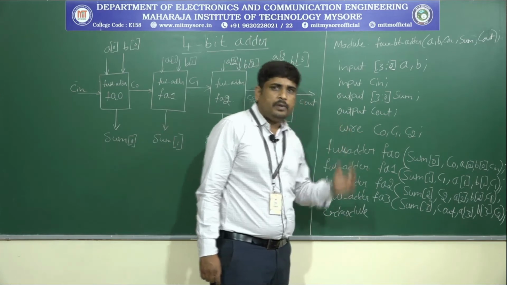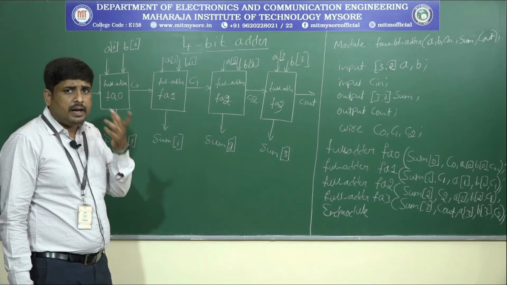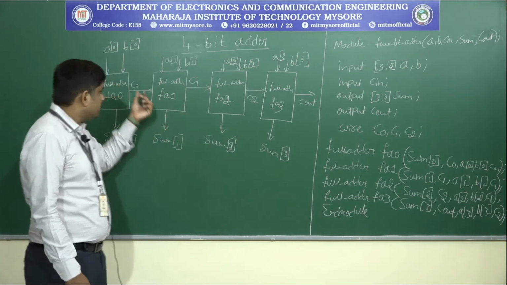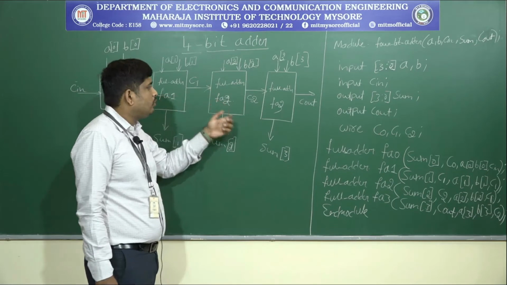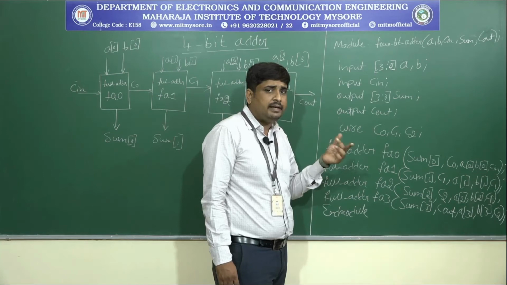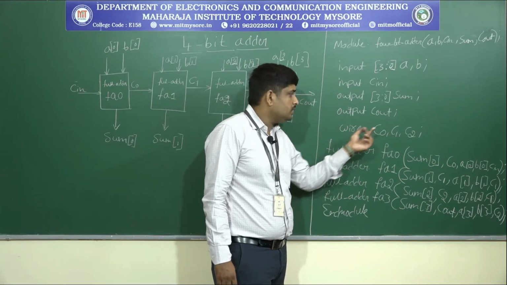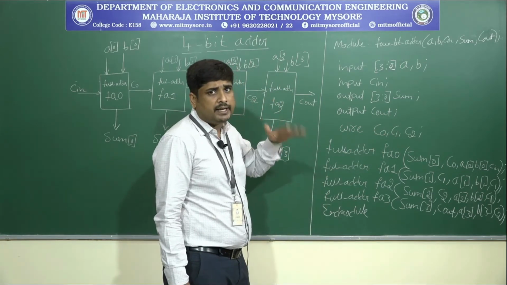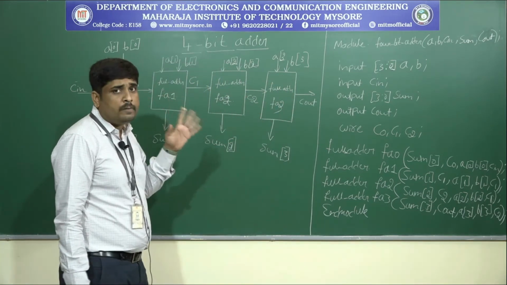Then there are 3 intermediate signals, or we call it 3 nets here. Nets means connections between 2 gates or 2 blocks. So there are 3 nets because C0 is connected between FA0 and FA1, C1 is connected between FA1 and FA2, and C2 is connected between FA2 and FA3. That's why we should mention all the nets. Nets can be declared with the Verilog keyword wire: wire C0, C1, C2. Then after this we have to instantiate all the 4 blocks. There are 4 blocks here, which indicates there are 4 full adders.